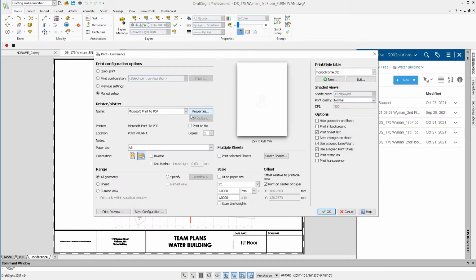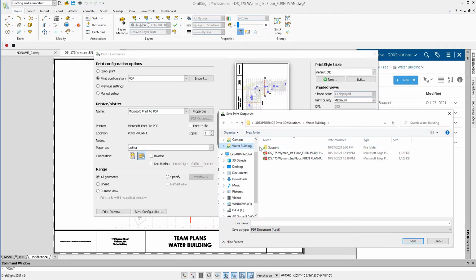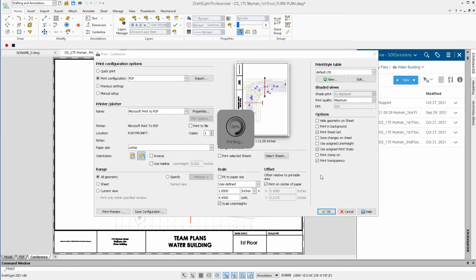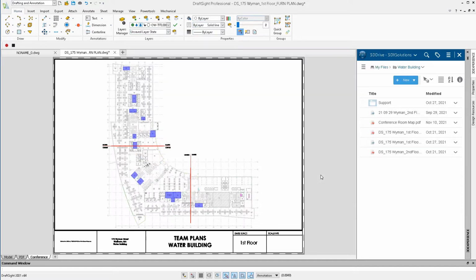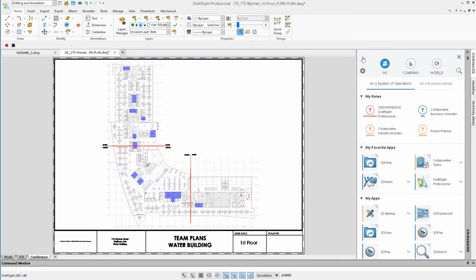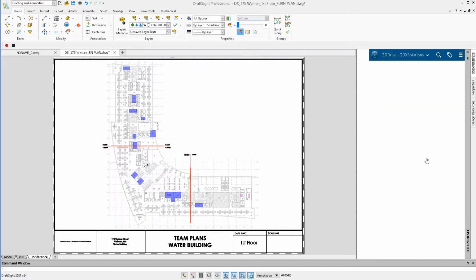The last step is to create the PDF. We can take advantage of many different options for printing, and we can save these as configurations to quickly switch back and forth. Here we have an option to print to a letter size PDF with full color. The default location is back in the 3D drive, which is perfect since 3D drive is connected to the platform. This will automatically push this PDF back into our platform, and all the other team members will have instant access